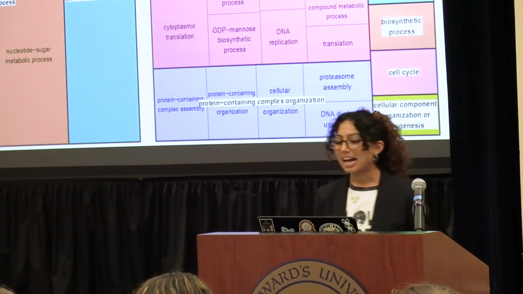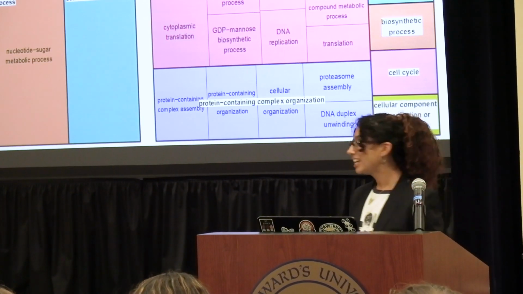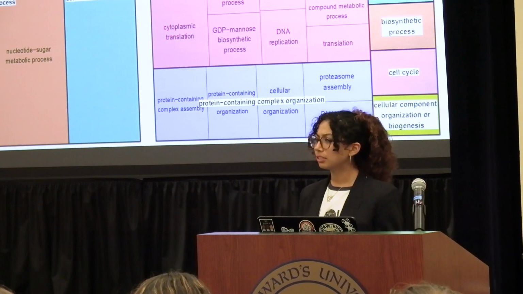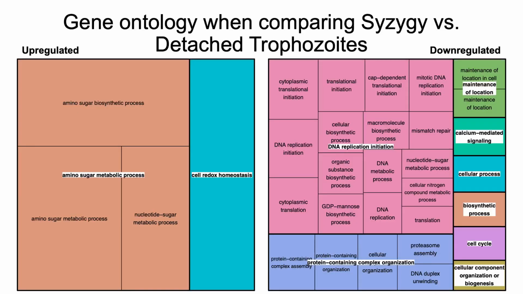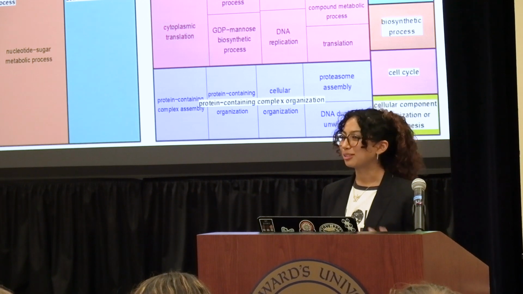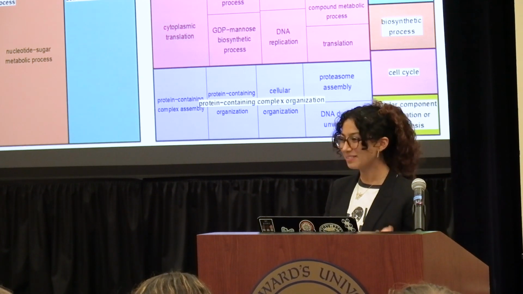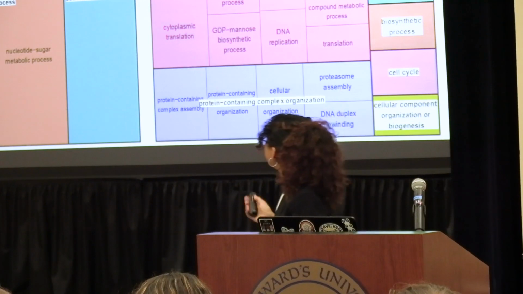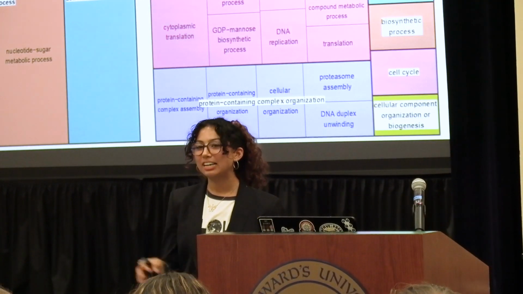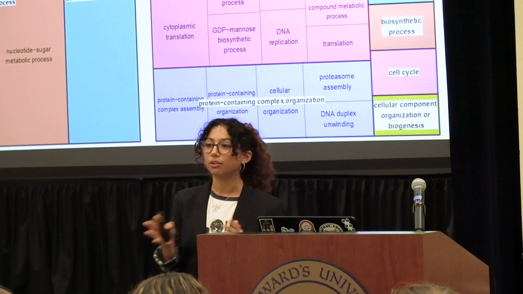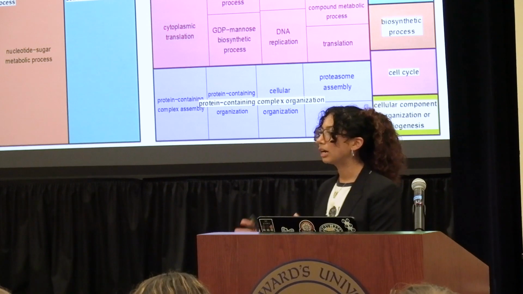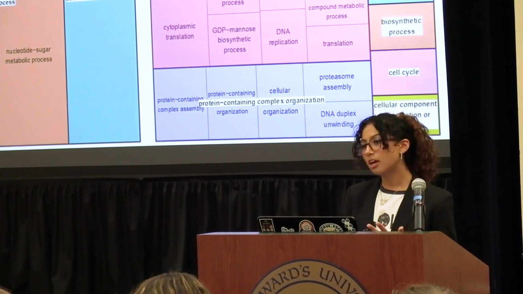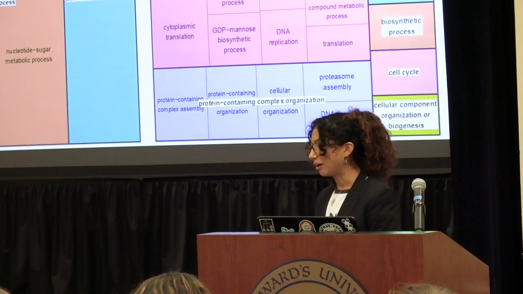And lastly, we are looking at syzygy versus detached trophozoites. And these tree maps look a little different than the ones from the previous slides. As you can see in our upregulated tree map, there's not as many genes highlighted within this figure. If you remember from the differential expression analysis from a lot of slides ago, our syzygy and detached trophozoites had the most similar genes compared to the other two comparison groups. And this just highlights how our detached trophozoites are moving into that syzygy stage, but they're just waiting for that extra gamont to pair up with.